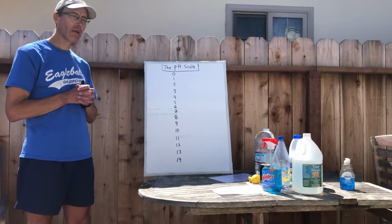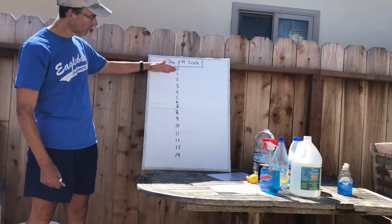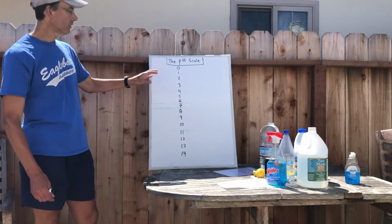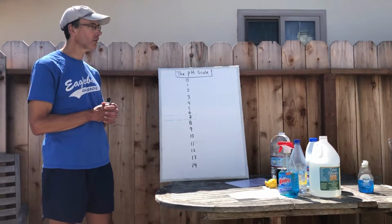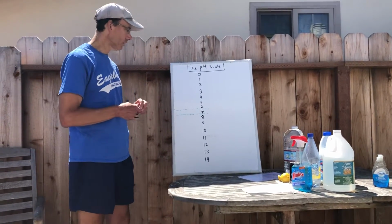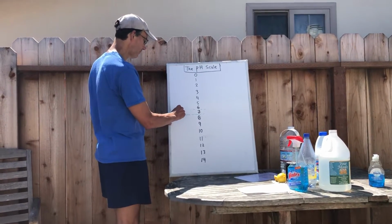We're going to continue talking about acids and bases. Today we're going to talk about the pH scale, which is numbers that go from 0 to 14. We'll talk about what those mean. If you have any solution or any liquid, you can say whether it's an acid or a base depending on the number that you assign it. Well, you don't assign it, but we'll start with the middle here, which is what we call neutral,